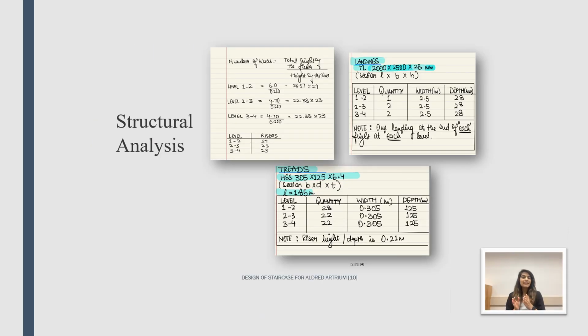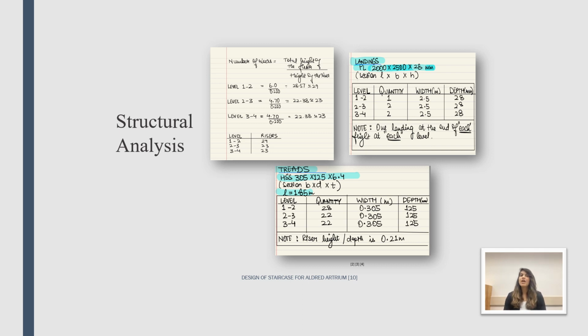For designing the staircase, first the number of required risers was calculated. The number of risers can be calculated by the formula: total height of the floors divided by the height of risers. Here the height of riser is taken as 210 mm as per the minimum requirement of the National Building Code. Using this riser height, the number of risers used for level 1 was 29. The number of risers used for levels 2 and 3 was the same, 23 each,